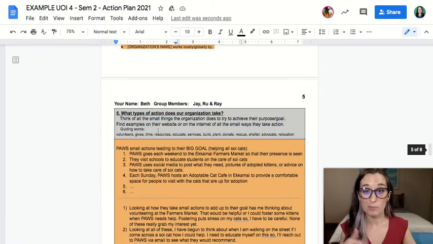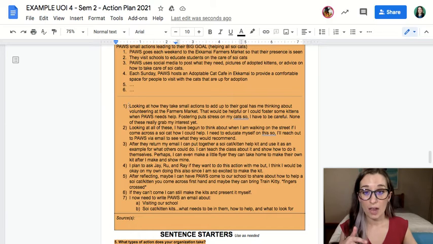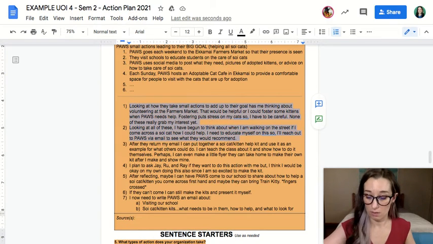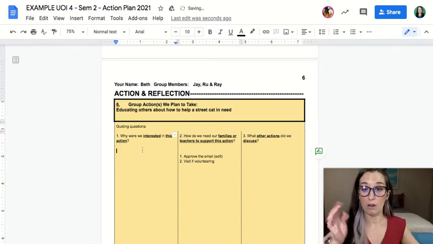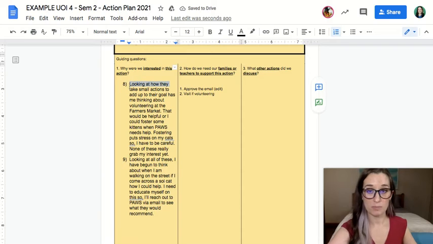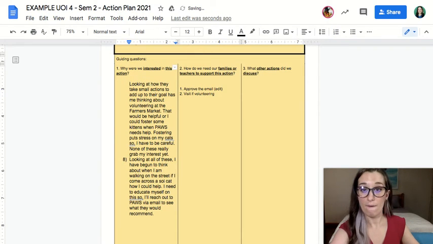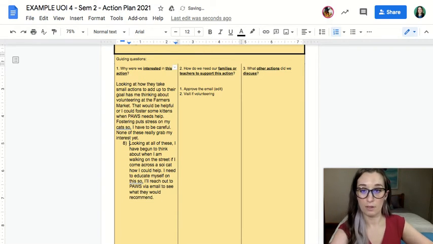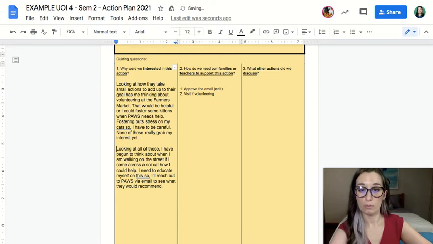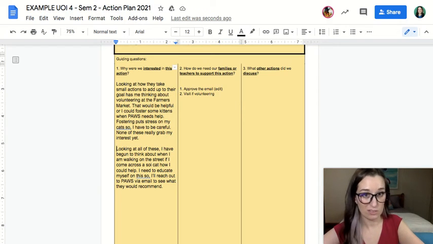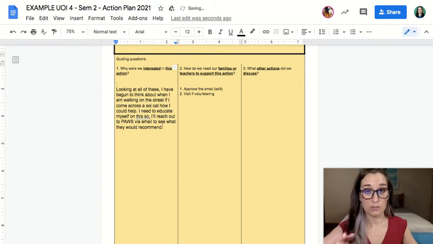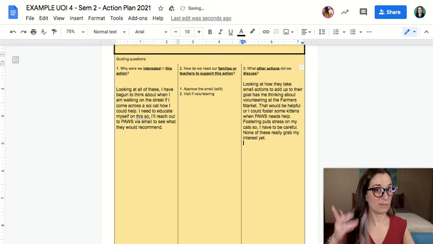So again, I could go back up to my brainstorm and I could copy those two, come back down here and paste them. And I'm going to make them so they are not numbered and that they're each their own paragraph. So I would leave those there. I probably want to look at how I'm editing those. And then I would think about some other actions. Now, here's where I could actually copy, and this is a better place because this is where I talk about some other things that might be good.